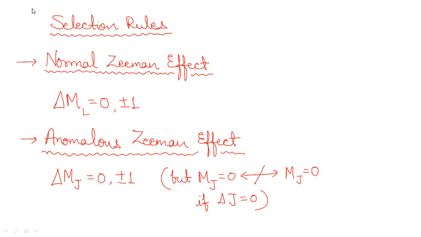Today in this video we are going to discuss the important selection rules from atomic and molecular physics, most important topics. You can expect a direct question based on the selection rules, or sometimes in numericals we need these selection rules to proceed further to get the final answer for the given question. Based on different topics, we are going to discuss these selection rules today, and it is going to be important for the CSIR NET physics exam, GATE physics exam, JEST, TIFR, and all the similar exams too. So let's start the discussion now.